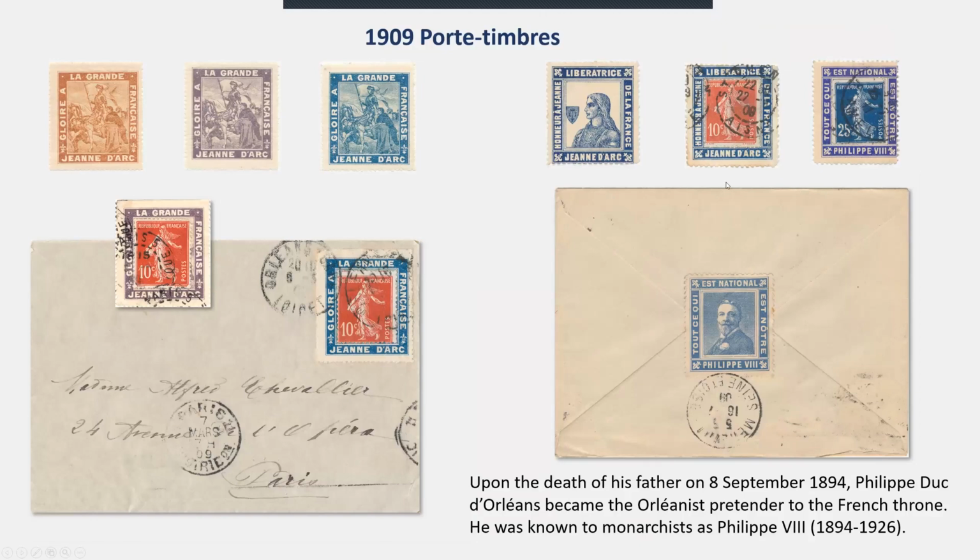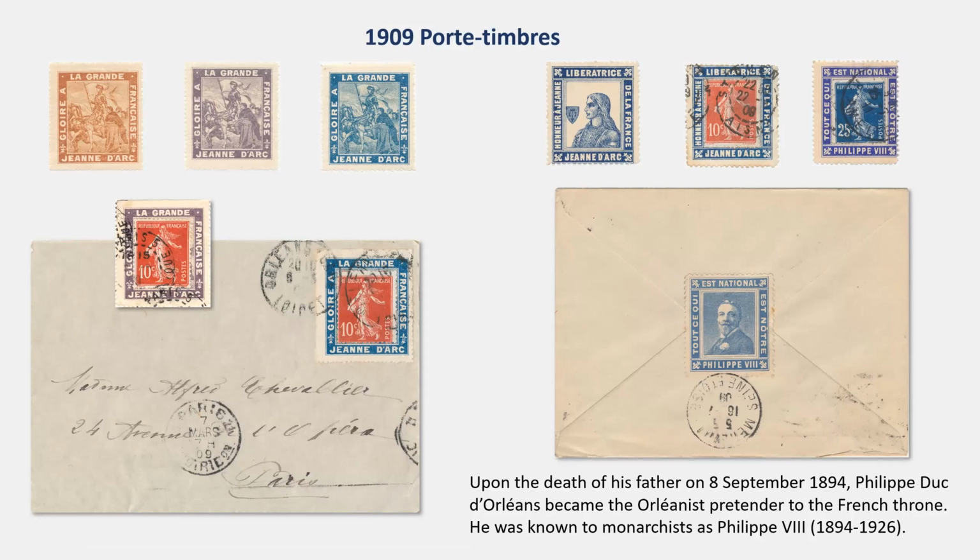Porte-timbres, stamp holders, were produced by Marcel Marron. On the left, we have three that were specifically produced for the 1909 Fête de Jeanne d'Arc, the festivals. So we've got the three mint; those were the only colours that he produced, and then we've got two examples, one on piece and one on cover. And on the right-hand side, another design that he produced for Joan of Arc. But I've added to it one that he produced exactly the same year